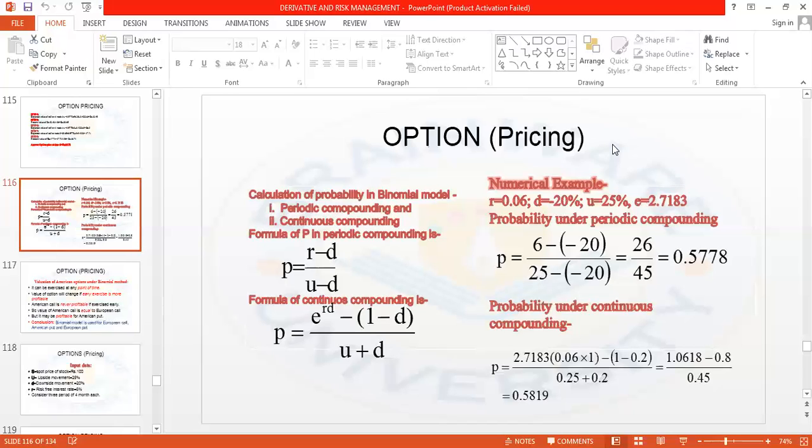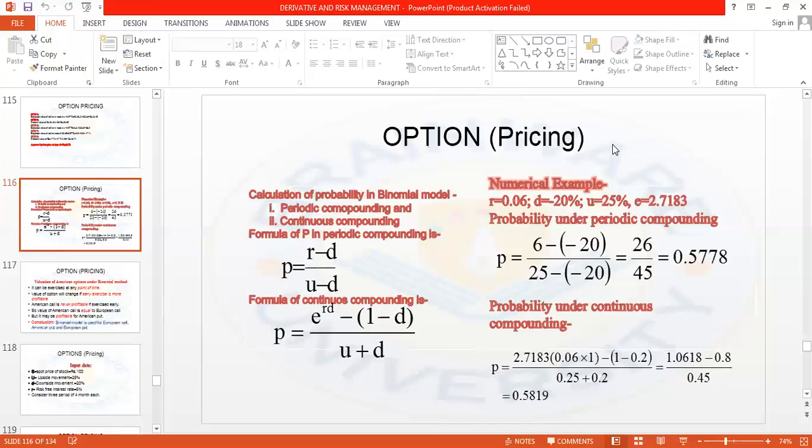So, by applying this formula, the probability that we are getting eliminates the scope of arbitraging opportunity. The simple formula was P is equal to R minus D by U minus D, where R is the risk-free